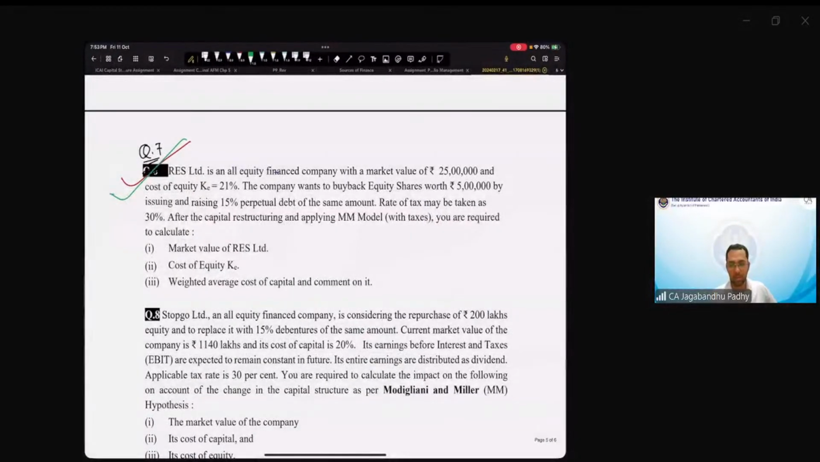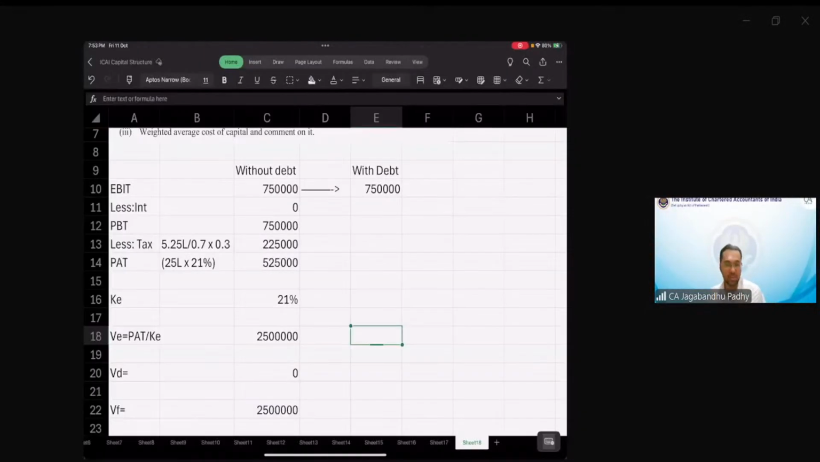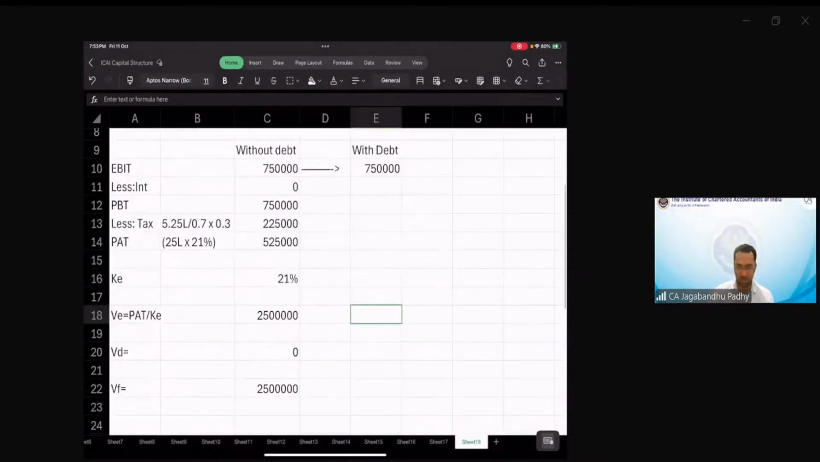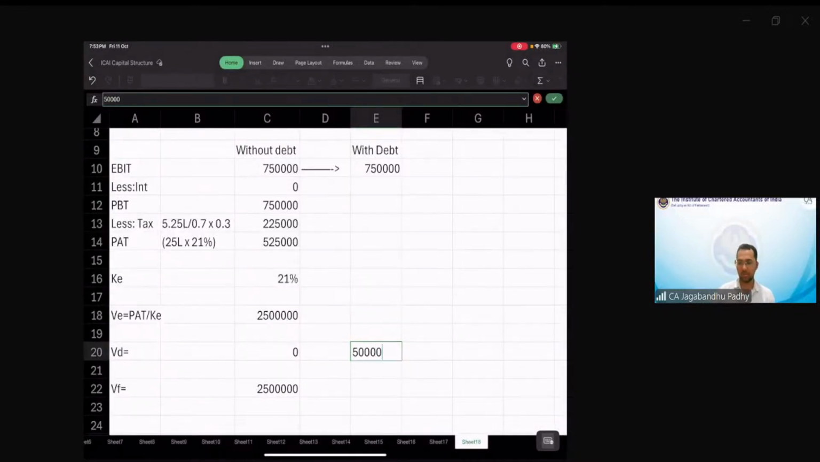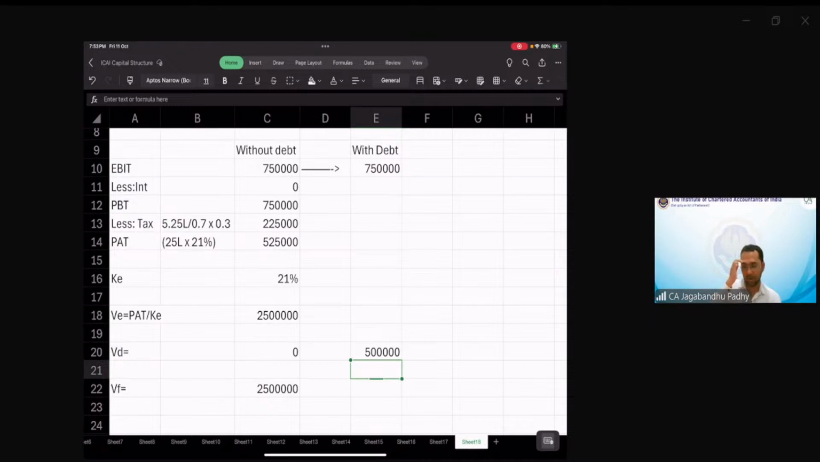The company wants to buy back equity shares worth 5 lakh by issuing and raising 15% perpetual debt. So value of debt is 5 lakh. So we want to buy back 5 lakh of our equity shares from the market, right? By taking debt of 5 lakh from the market. So if you take 5 lakh debt,